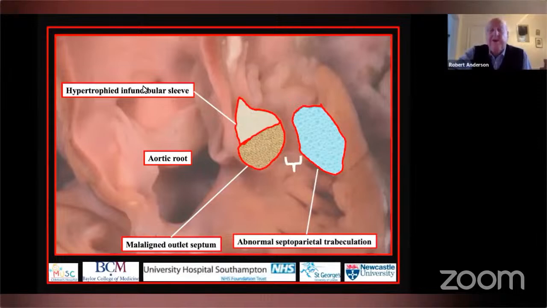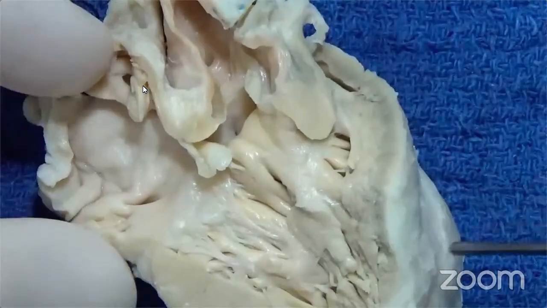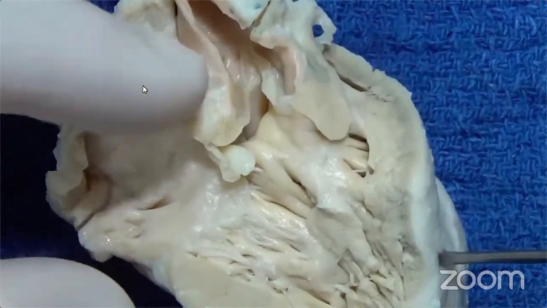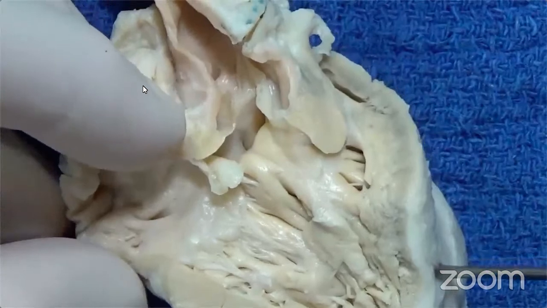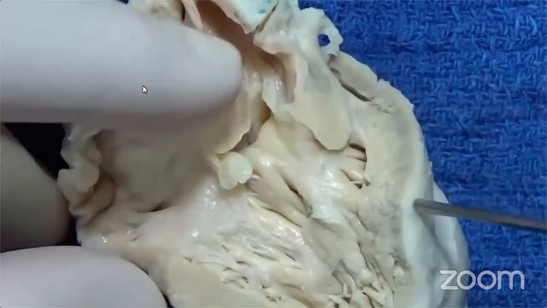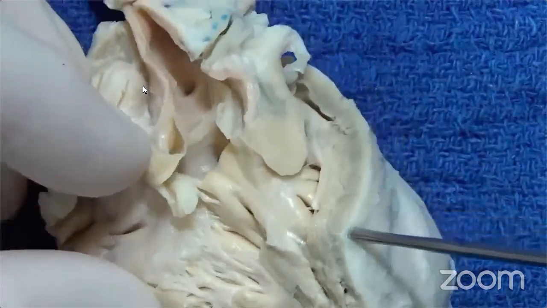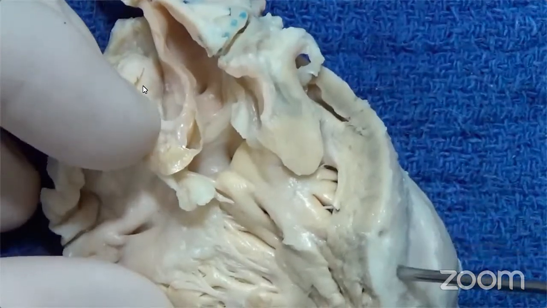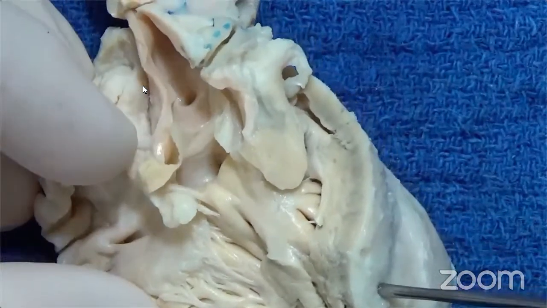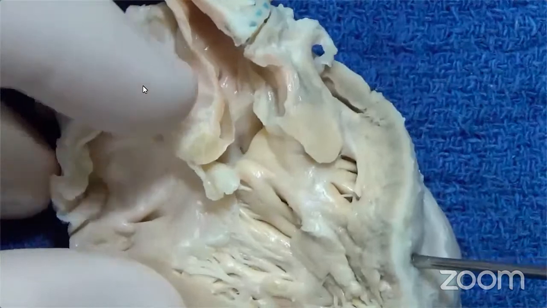Now, this is how we see it in the still image. The free wall of the right atrium and right ventricle has been removed in this heart with tetralogy of Fallot, and the aortic root has been opened. You can see that the aorta is anterior and rightward of its normal position and overrides the crest of the